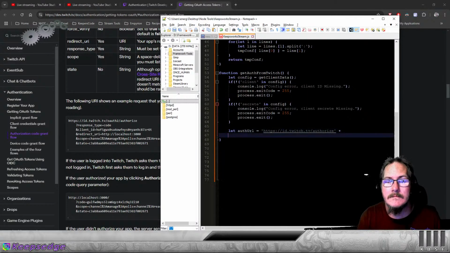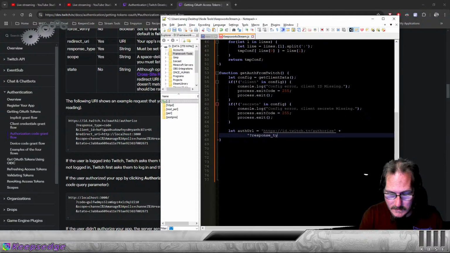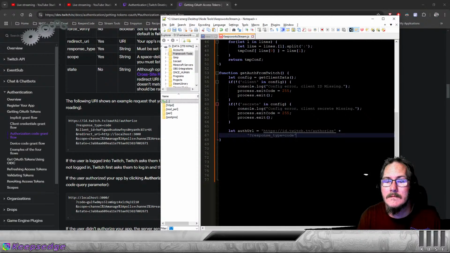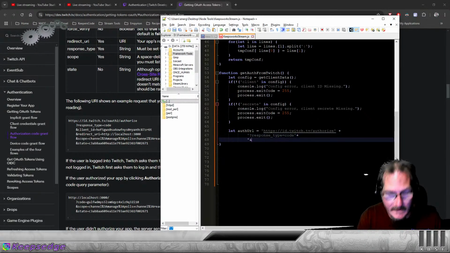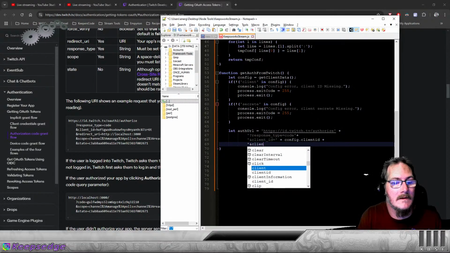Plus question mark response type equals code, plus ampersand client ID equals, plus we add our config client ID, ampersand client